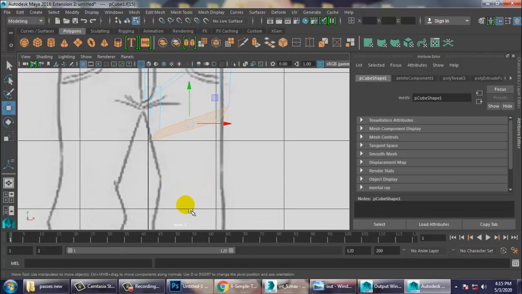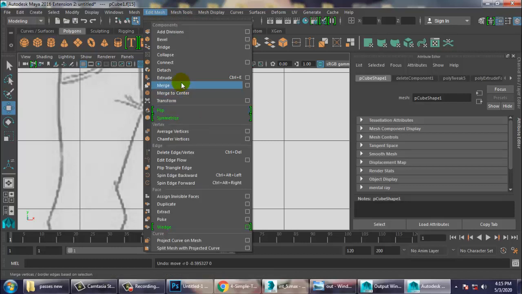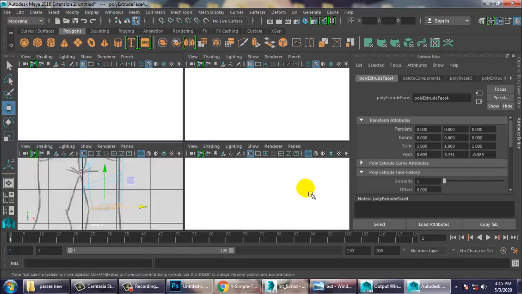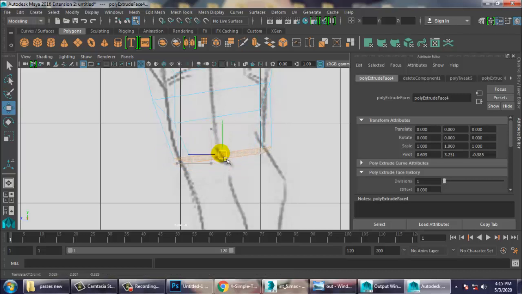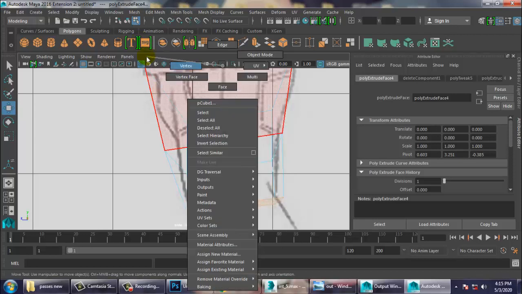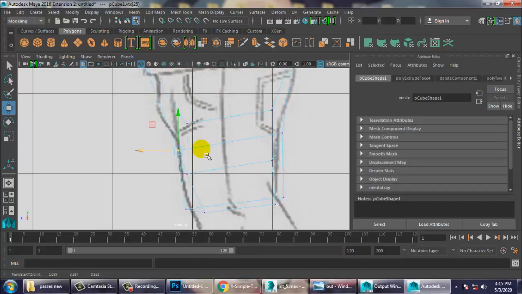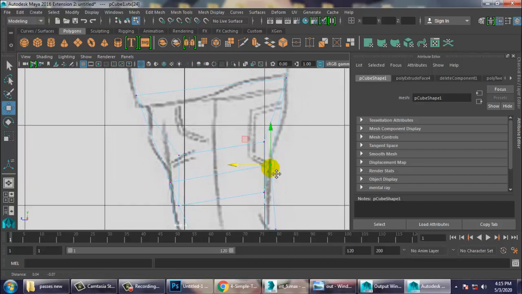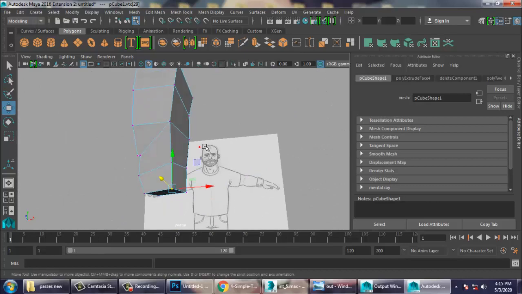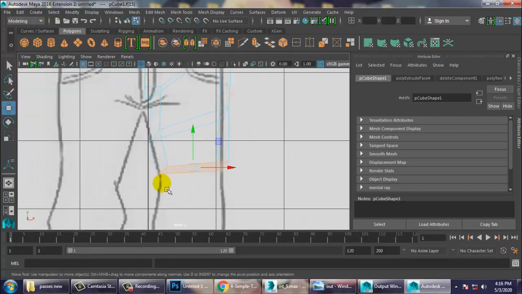I'm just in the blocking stage right now. If you press shift, again go into this and use extrude, scale it, you can rotate a bit. So let's again go into the side view and you can just adjust this stuff. Alright, so once you're done with this, select again the face over here.